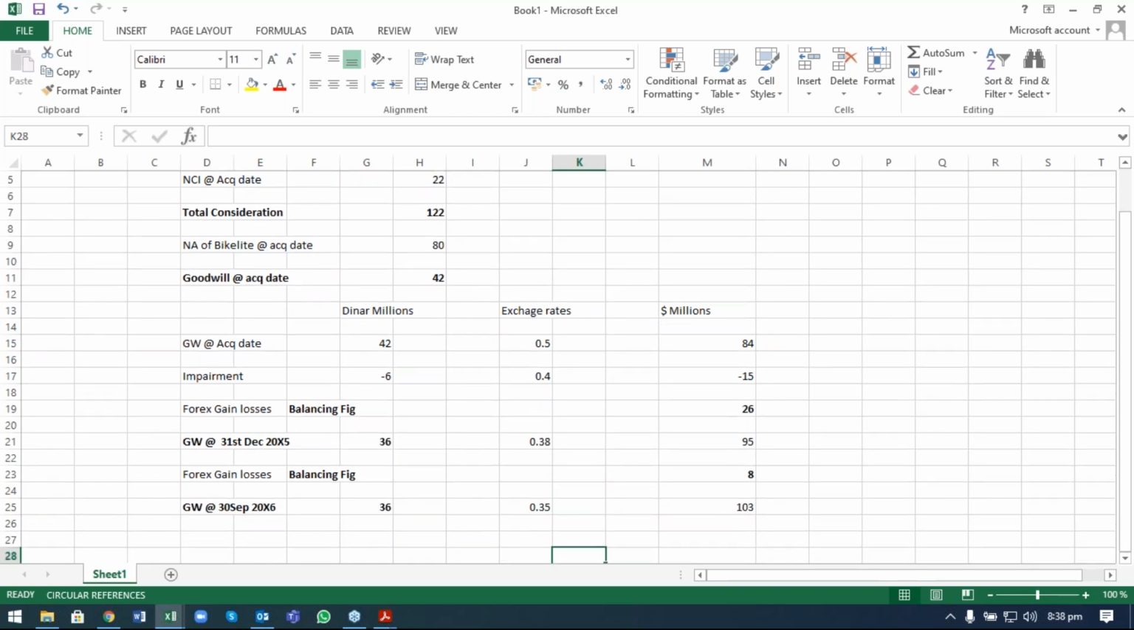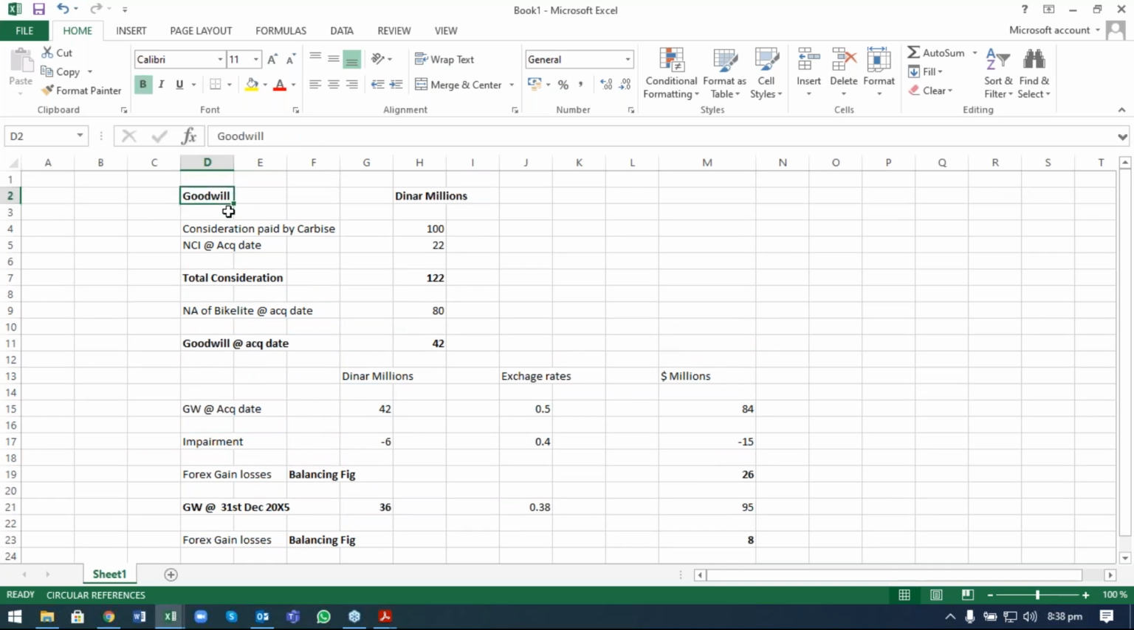Okay, what explanation is required? You have to explain how you have calculated the goodwill. So an explanation of all these calculations one by one. We have to consider the consideration paid by the parent company of 100 million, and add the fair value of NCI at the acquisition date to come up with the total value of the company. The value of the company in this situation is 122 million,